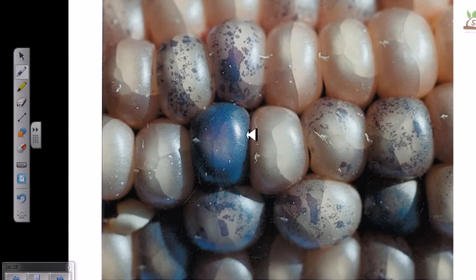We can see the kernel colors of this maize. Sometimes they are dark purple, like this one or this one. Sometimes we have a spotted color, a normal color with purple spots on it. And the third type is totally colorless, pigmentless, without spots. So these three types of variations are what she had found, and she tried to answer the question why there are three different types of color.